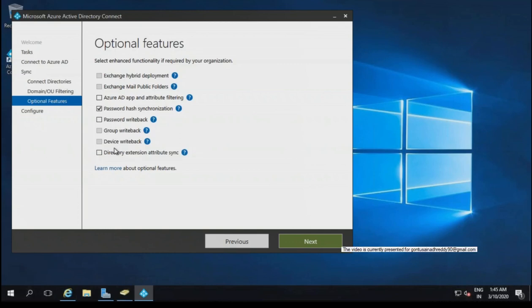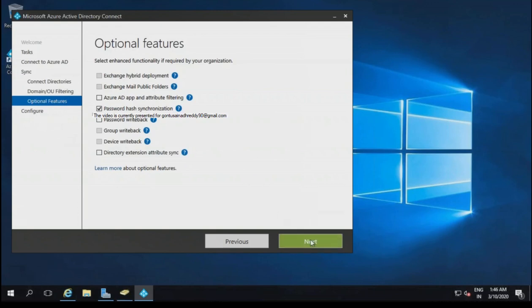Writeback is changing in Azure and it coming back, and no writeback will work in the free plan. In the free plan, no writeback works. Free plan always works in this way. You change in a Windows Active Directory, the changes will be updated to Azure. One-way traffic. If you want two-way traffic, it has to be P1 or P2. Right? So for that reason, if you want to test all of these features, or at least know all of these features, ensure that you enable the trial version.